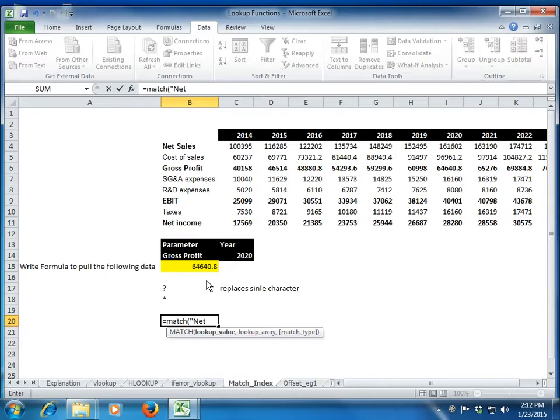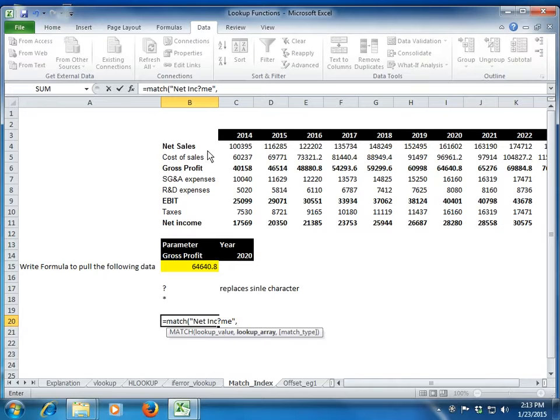So in that case, I'll take help of the wild character. What a question mark will do is replace a single character for me, right? So let's say I give net space inc, I don't remember the spelling. Let's say I am a naive person, so instead of O, I just write M because I don't remember whether it was O or a dot or whatever, right? So I'm not very sure about the spelling, and I'm not sure about one single character in this entire spelling. So I use a question mark and I close the bracket.